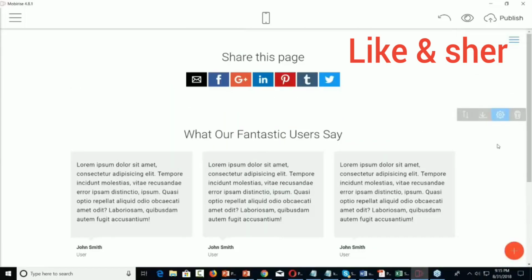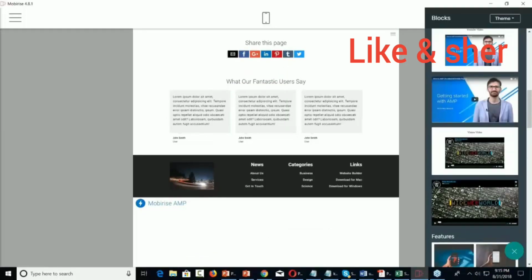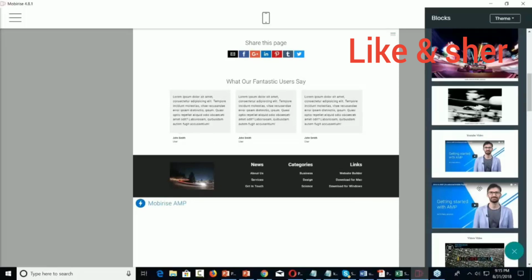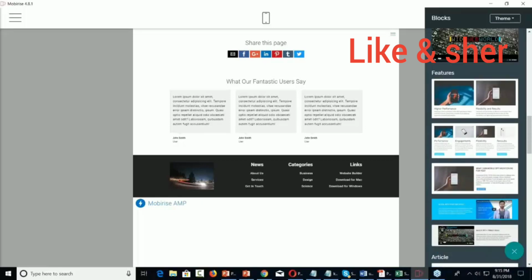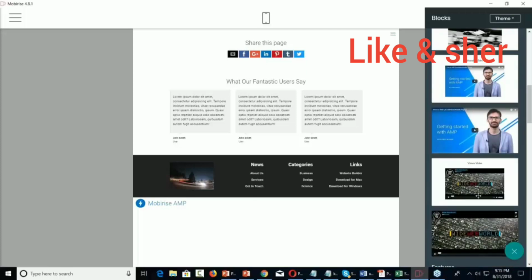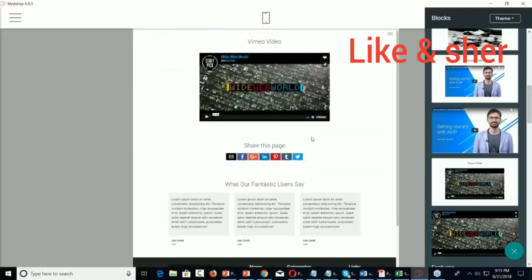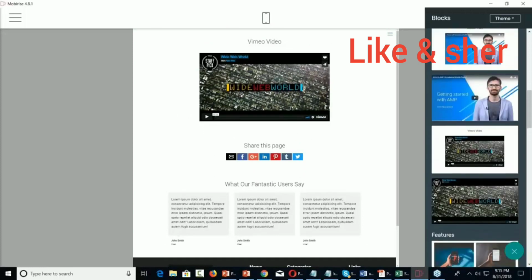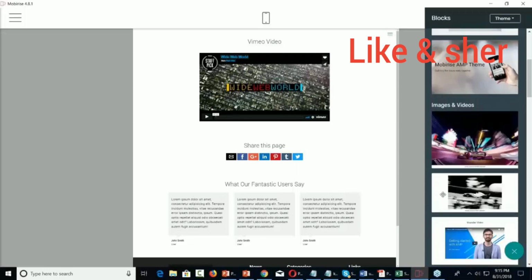Then I'm going to go back and add a block now. Now I want to add in a video block. Right? And maybe I'd like to be able to add in this video. This is going to be a demo video, and this is a Vimeo video, obviously. So if I'm going to be using this, this is going to be a Vimeo video. What I might do instead,